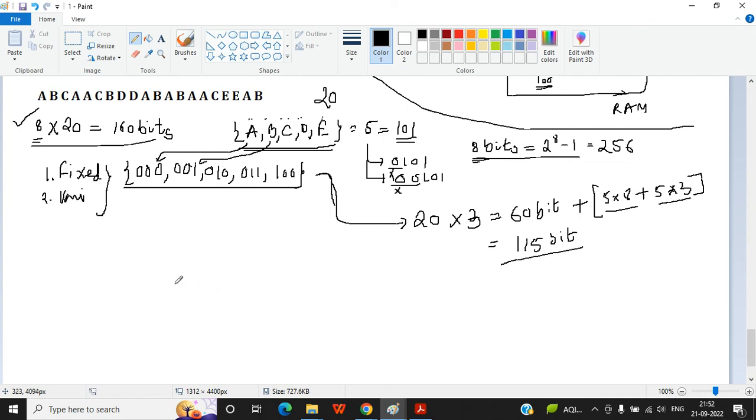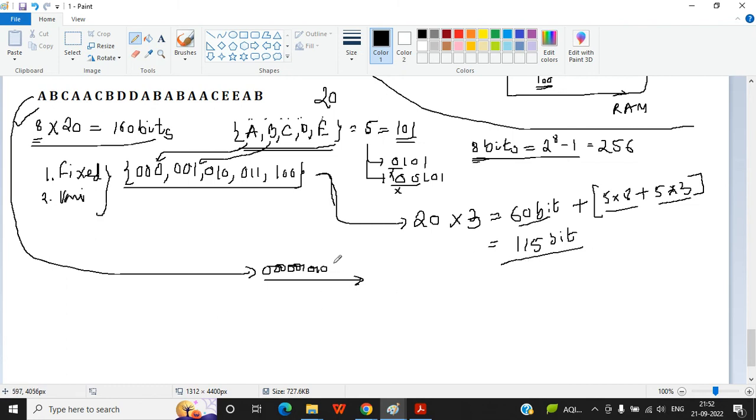But now you have to represent it as 000, then B will be 001, then C will be 010, like that. I am not writing the complete string. This will be of length 60 bits, fixed length.